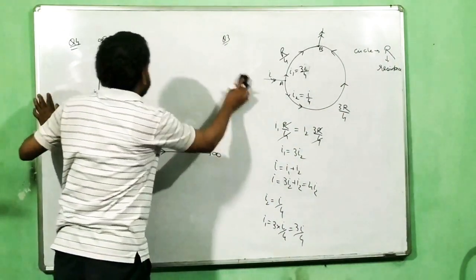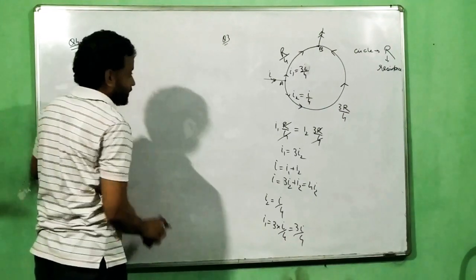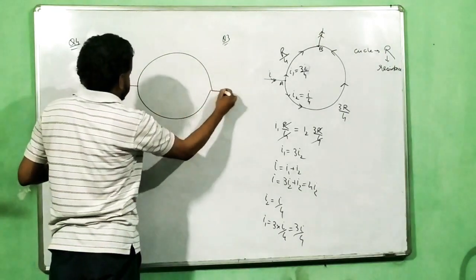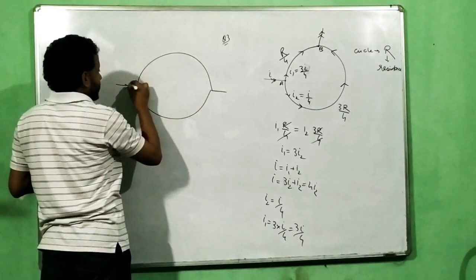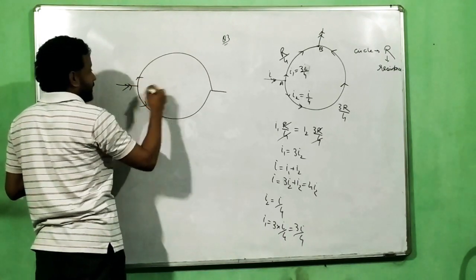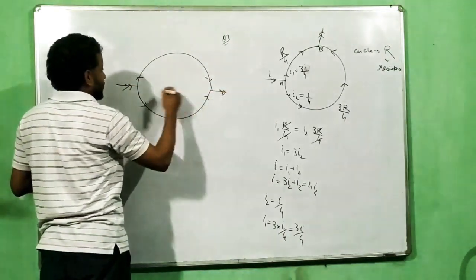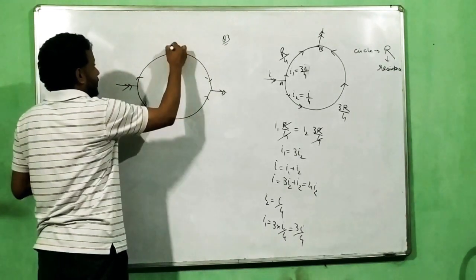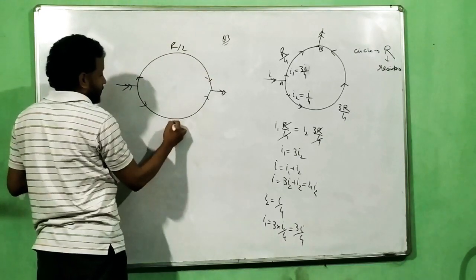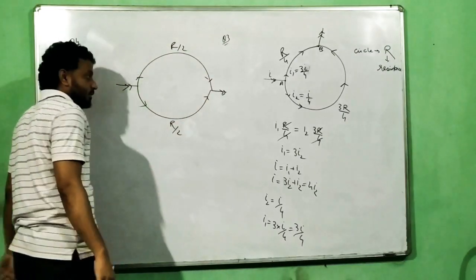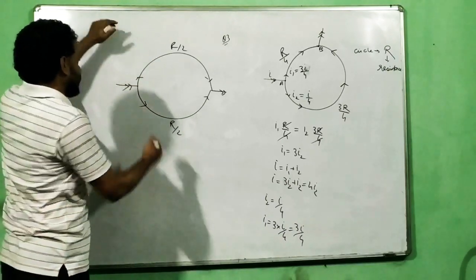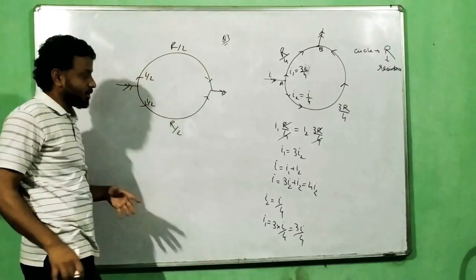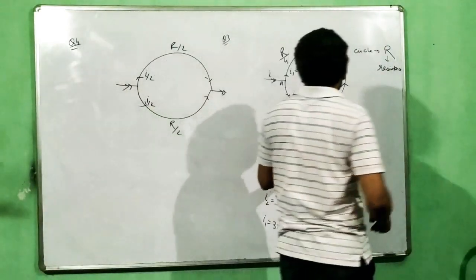Just think of this, if I had taken this question in this way, with current going in, dividing here, and then meeting over here. If the total resistance of the circle is R, then from here to here will be R by 2 because it's a half circle, and here to here will be R by 2 because this is also a half circle. So even this current will divide as half and half. Think about it, it's much easier. That is the reason why I thought of taking this.